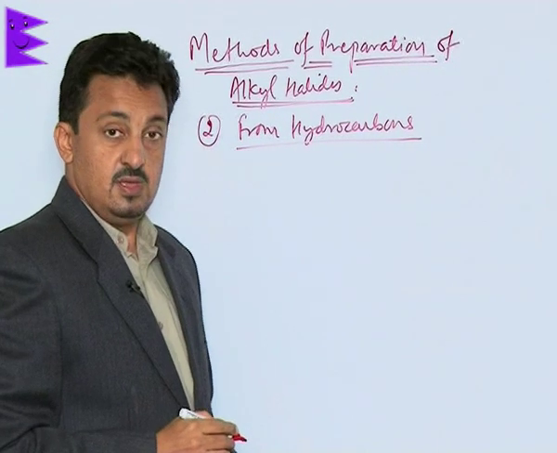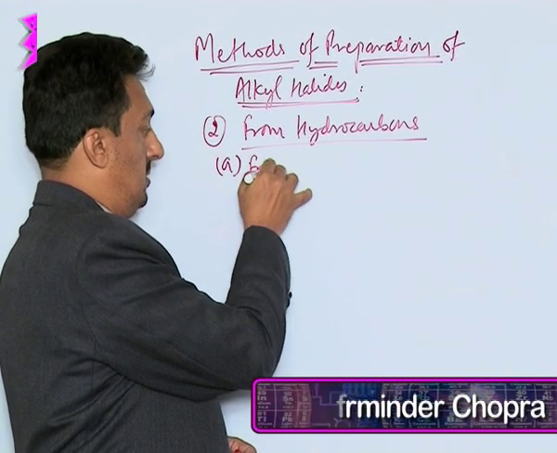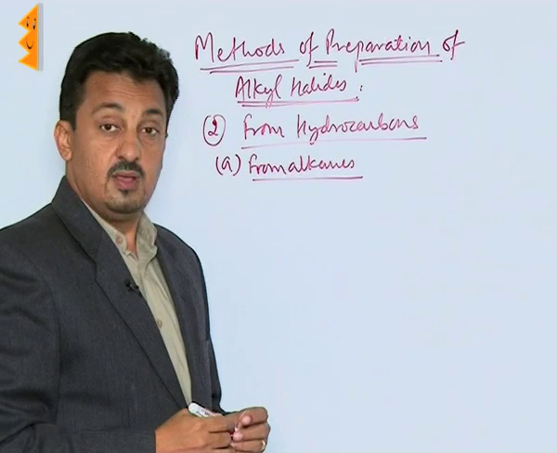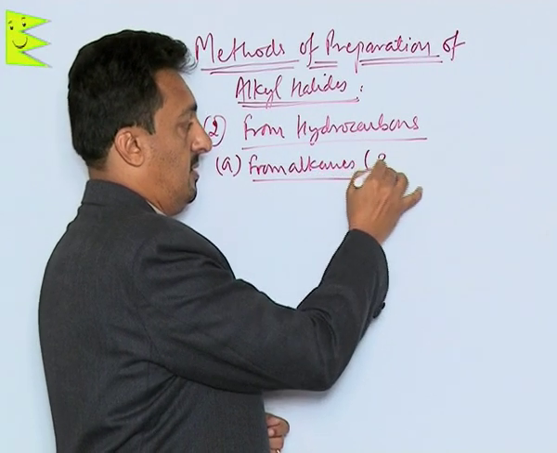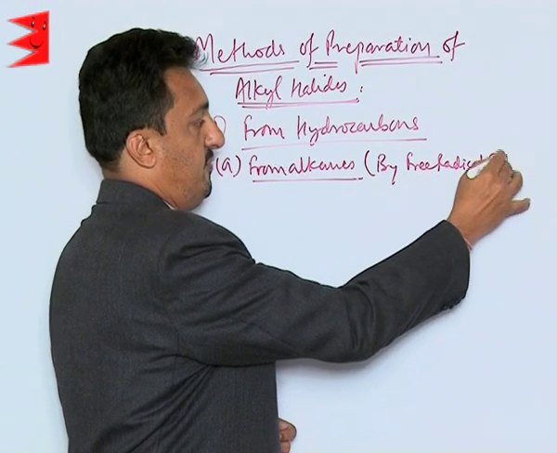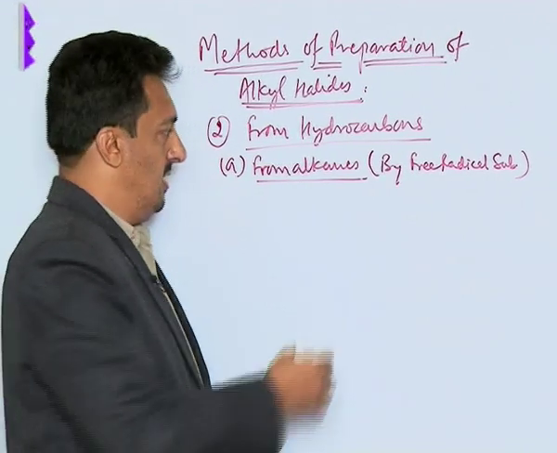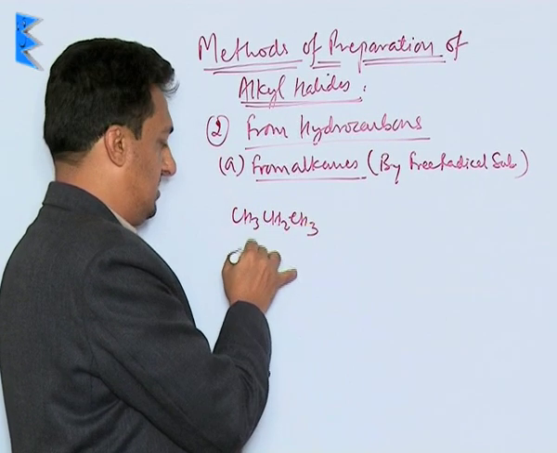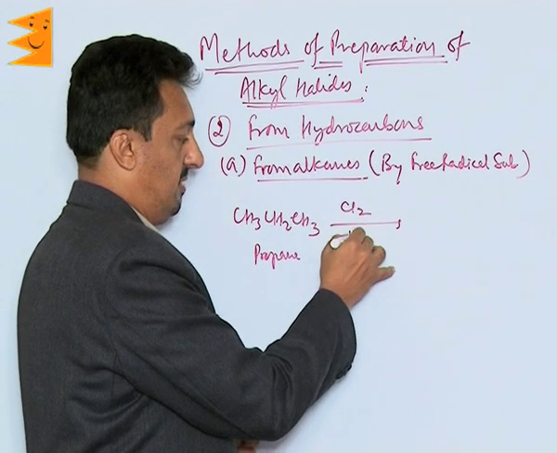hydrocarbons. Now from hydrocarbons, let us take first from alkanes. When we take from alkanes, the reaction is done by free radical substitution reaction, substitution mechanism. Now what we do in this case is, if we have propane with us, this on chlorination in presence of UV light